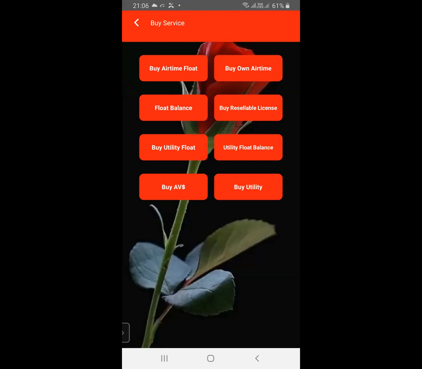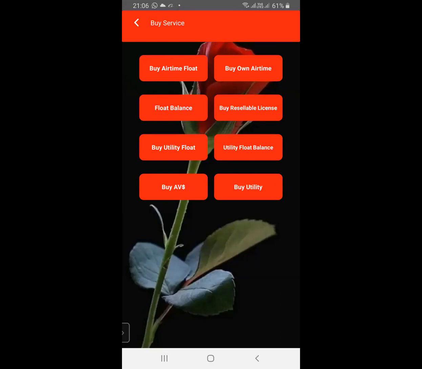And what can you do with that utility float? Right now, you can use it to buy electricity in some countries. Currently, we're talking about Ghana and Nigeria, where you can buy electricity. You can buy DSTV, GoTV, and in a place like Nigeria, you can also do StarTimes and all that.